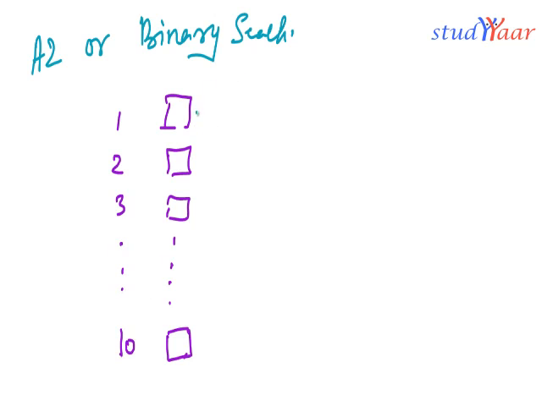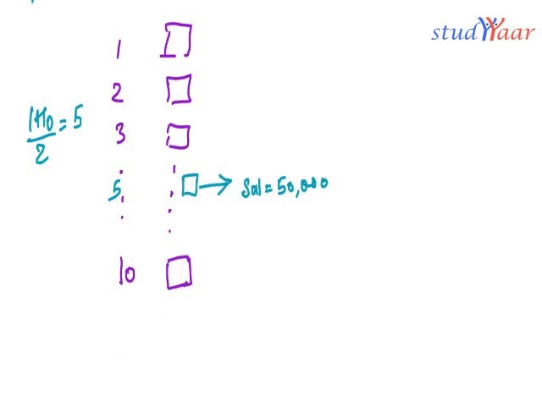So what I'm going to do is, first I am going to go to the 1 plus 10 by 2, let's suppose the 5th block, and in the 5th block I am going to test if I have the record with salary equal to 50,000. Now in the 5th block, if I have the record, well and good. If I do not have the record, then it means my